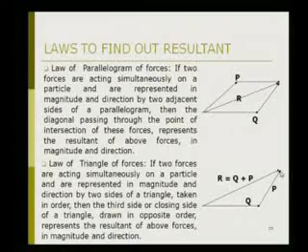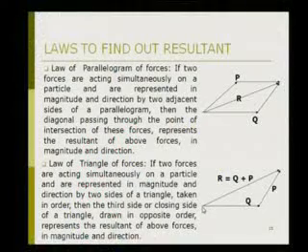Up to this point, if we take the forces in order, the starting point will be over here and the end point over here, but that is not the resultant, that will be the equilibrium. So the resultant will be taken in a reverse order. That's why this resultant is shown from the starting point of Q to the end point of P, and that's why this resultant is in a reverse order.